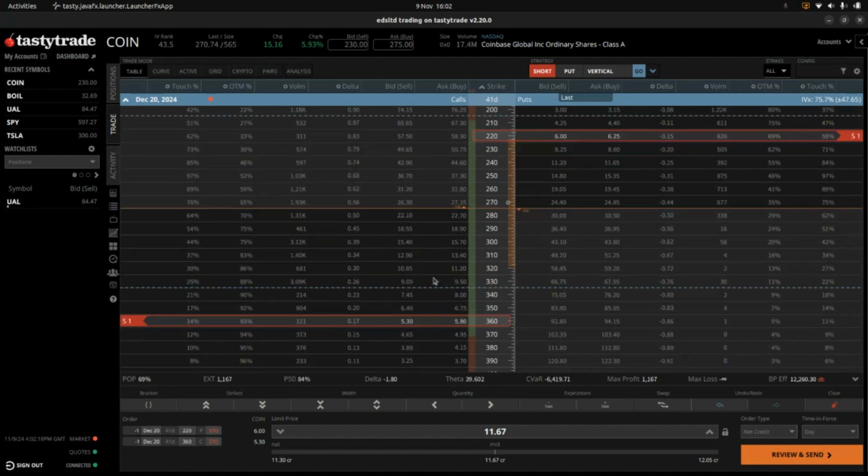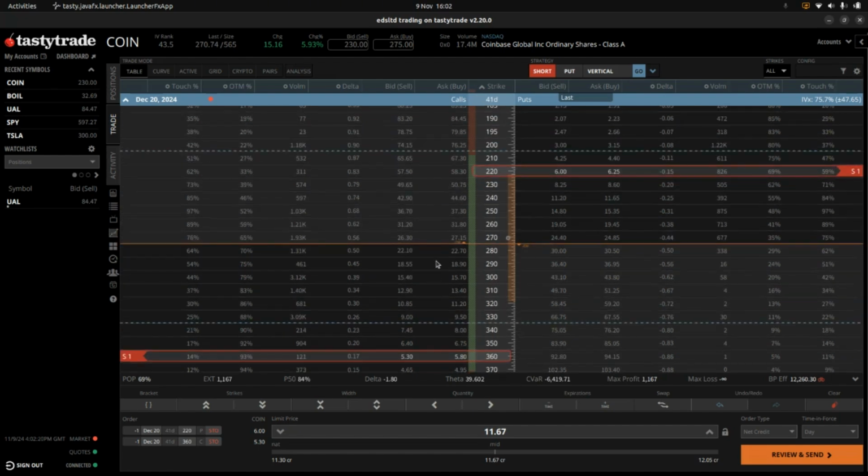So, as we can see here, we've got a strangle. This is called a strangle. One call, one put on Coin, which is Coinbase, and there is some skew. So we've got our strikes at 220 and 360. That's our range for the next 41 days. We would collect